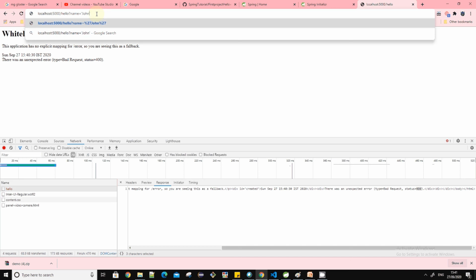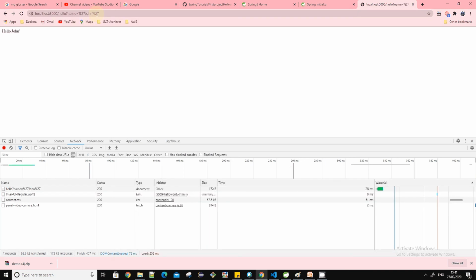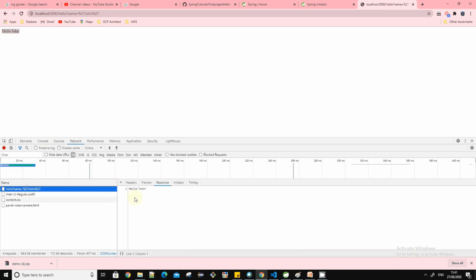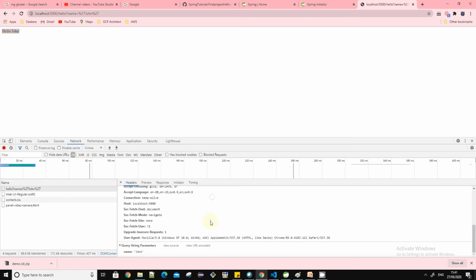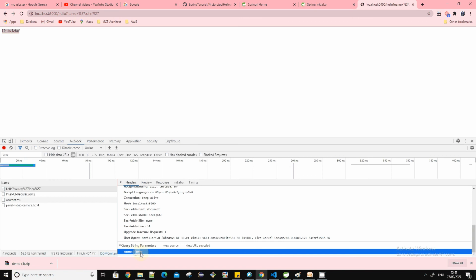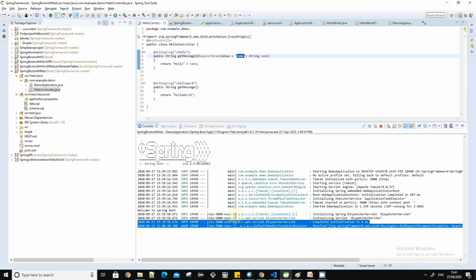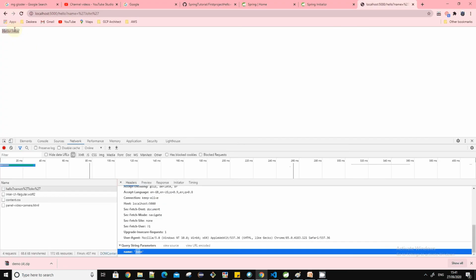So for example, we'll pass a John. Okay, I'm pressing enter. If you see that hello John has been printed, if you see the web service call, it is calling the name, John. And here if you see that it is passing the query string, that is name equal to John, and same got printed here. So we are passing back the name and name got printed here with the single quotes John. Okay, so this is how you can create the web service in Spring Boot.